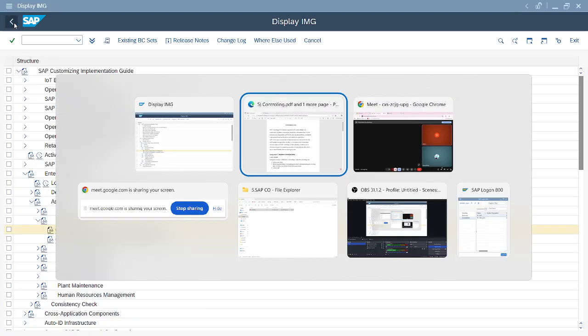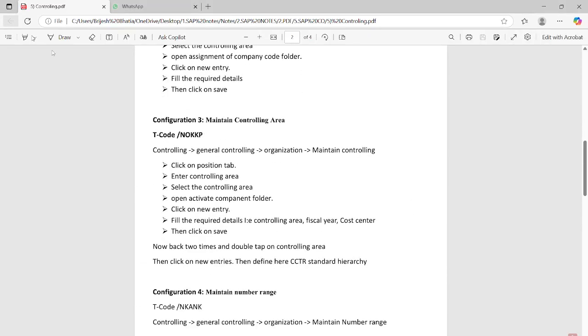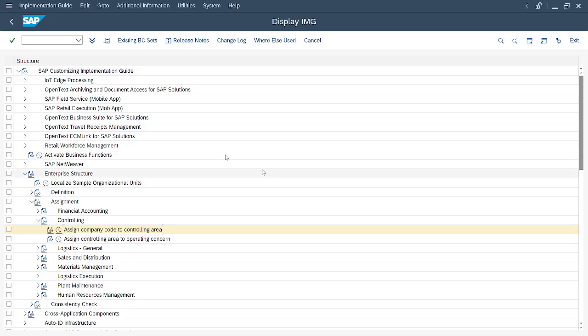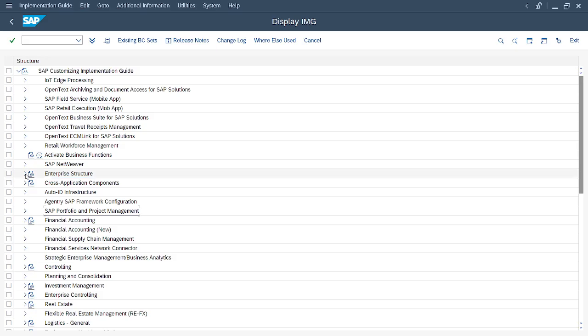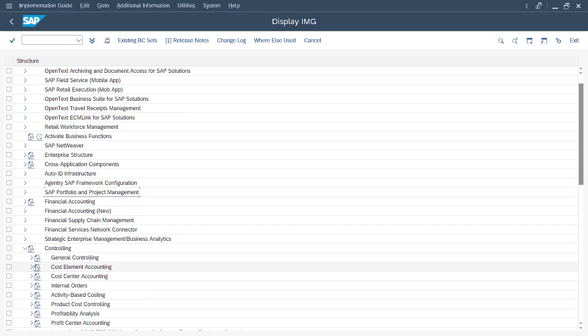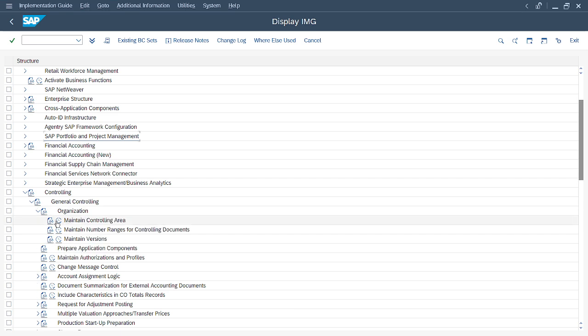Next is maintaining the controlling area. For this, we'll go separately to controlling, general controlling, organization, and maintain controlling area.